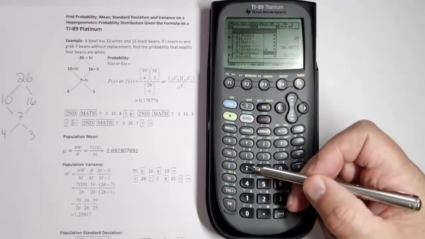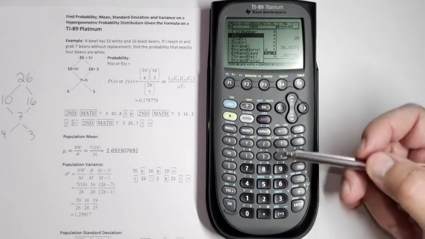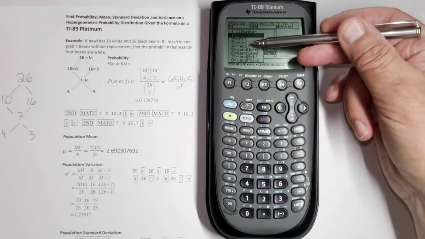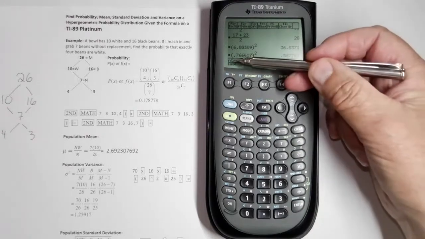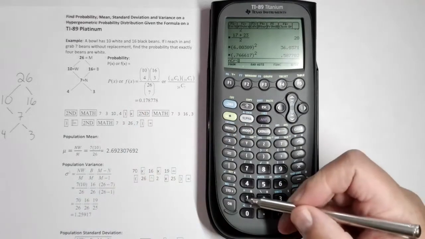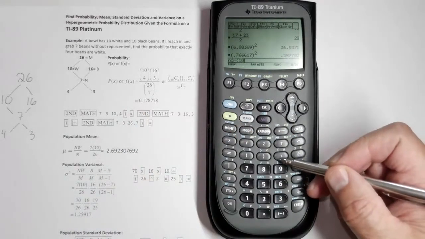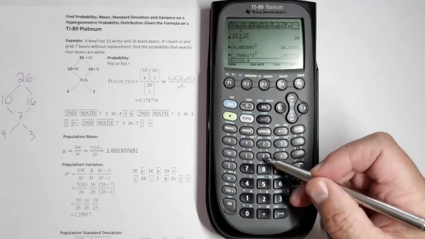Now to do an NCR, that's the number 3. It says NCR with open parentheses. The first number is 10, comma, above the number 9 is a comma, and then 4, close parentheses,